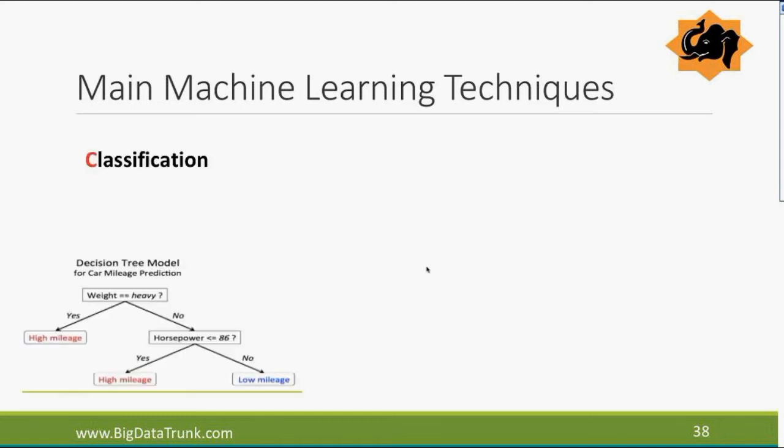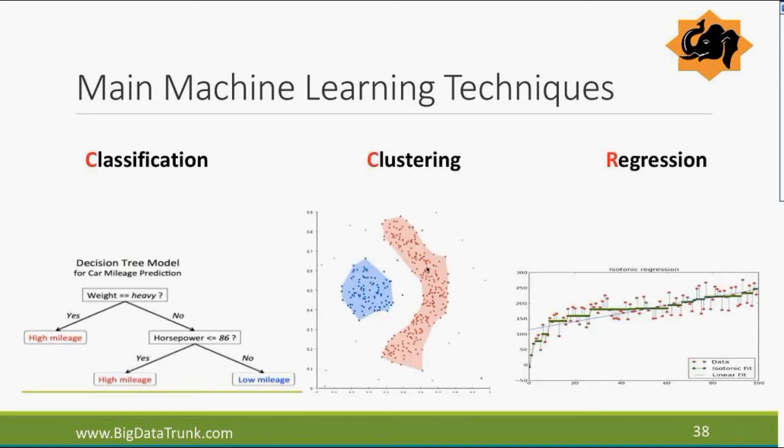So the next level is that there are three kinds of techniques, which we call classification, clustering, and regression. If you notice, the first initials are in red. I used to teach kids, so there are memory techniques you have to keep in mind. That's why I'm going to ask you to remember CCR. The abbreviation CCR stands for classification, clustering, and regression. This is very important. I want you to remember that very well, and that's why I put this acronym CCR. These are the three main buckets of techniques.